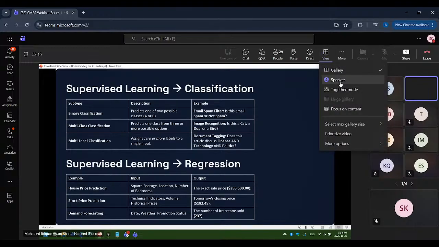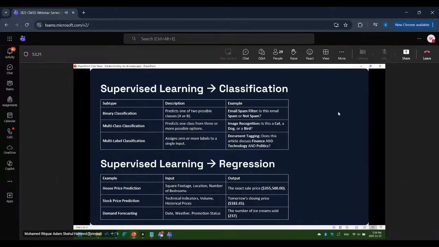For example, an Excel sheet is row by column, right? You have rows and columns. But with generative AI, the data that is stored, we call that a vector database, right?